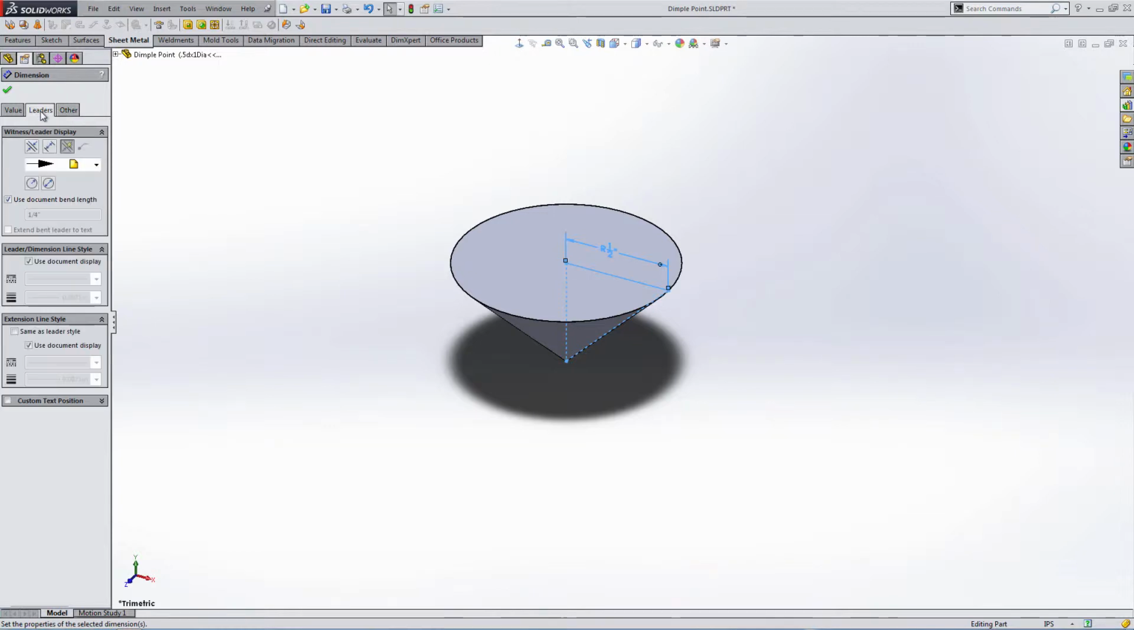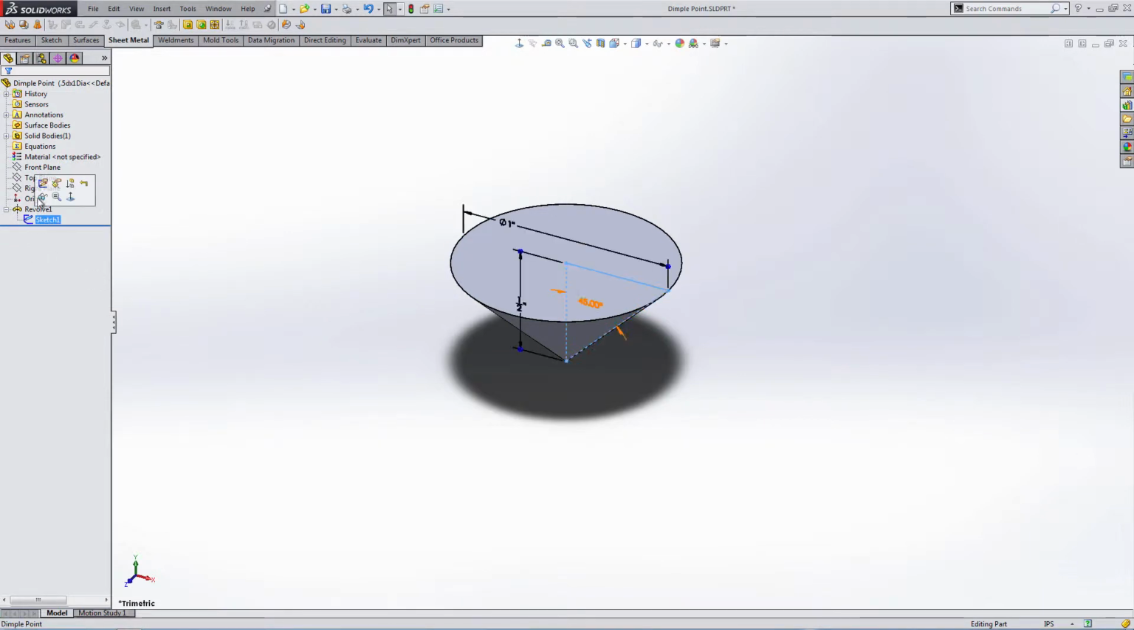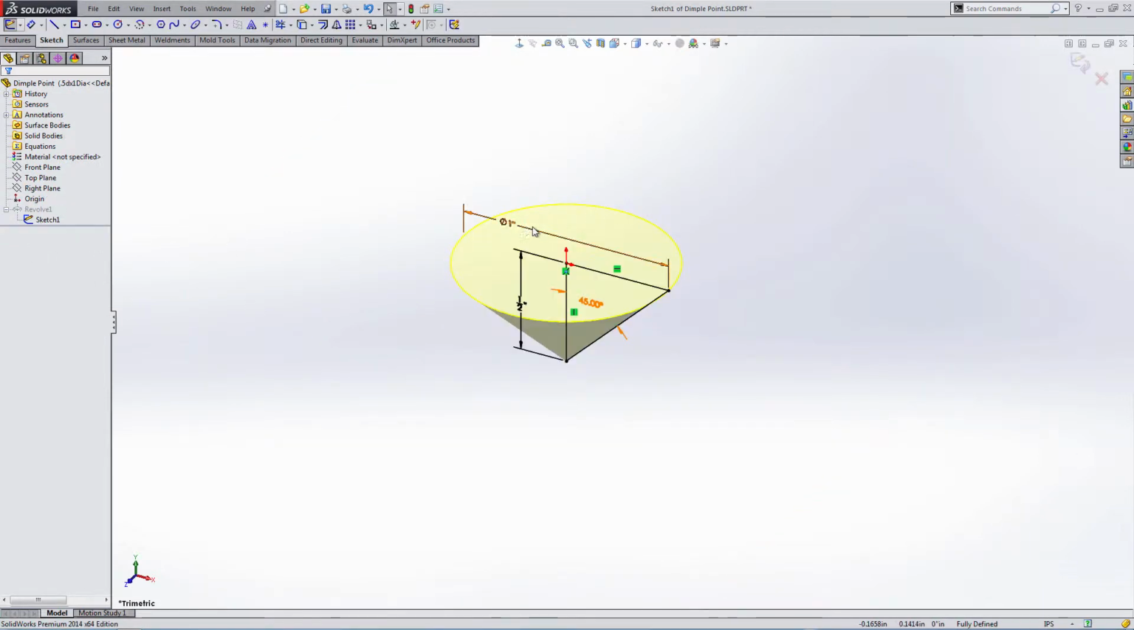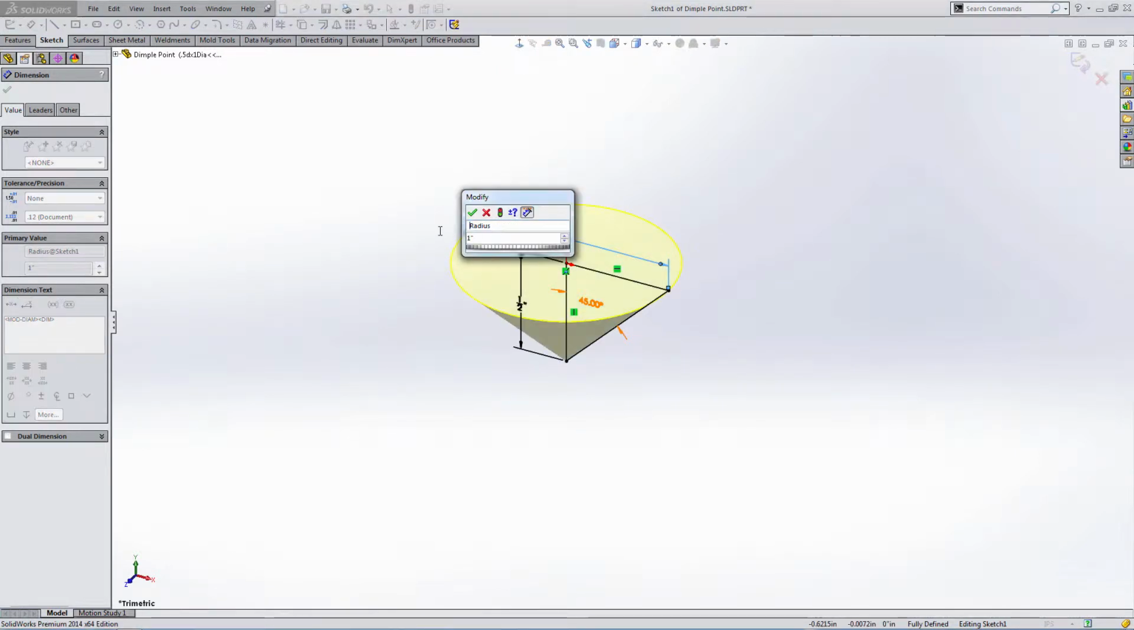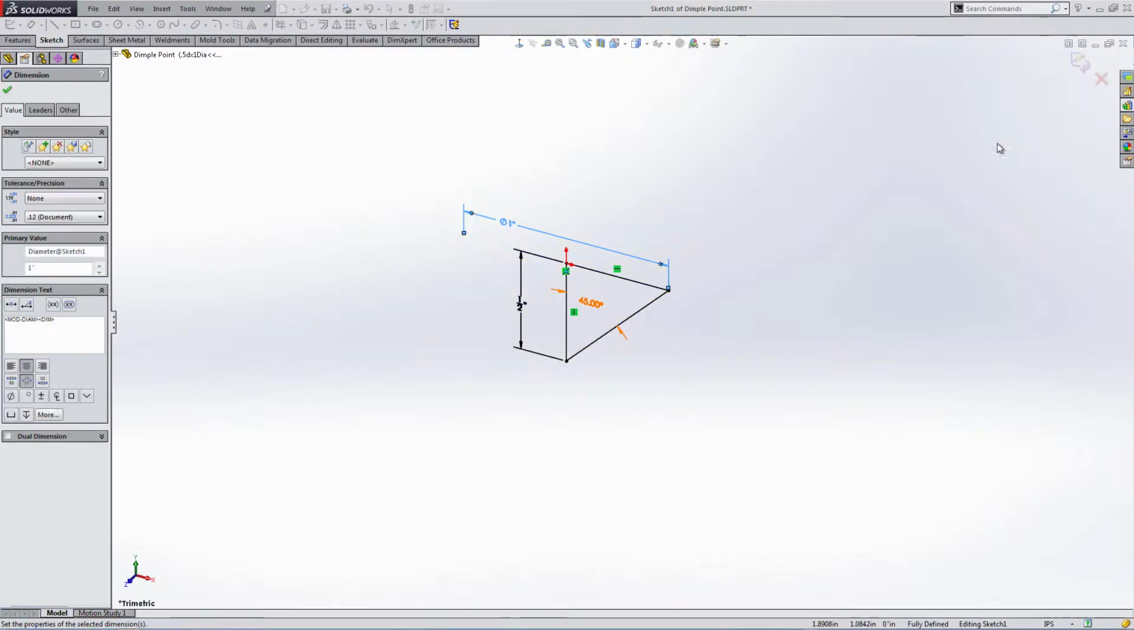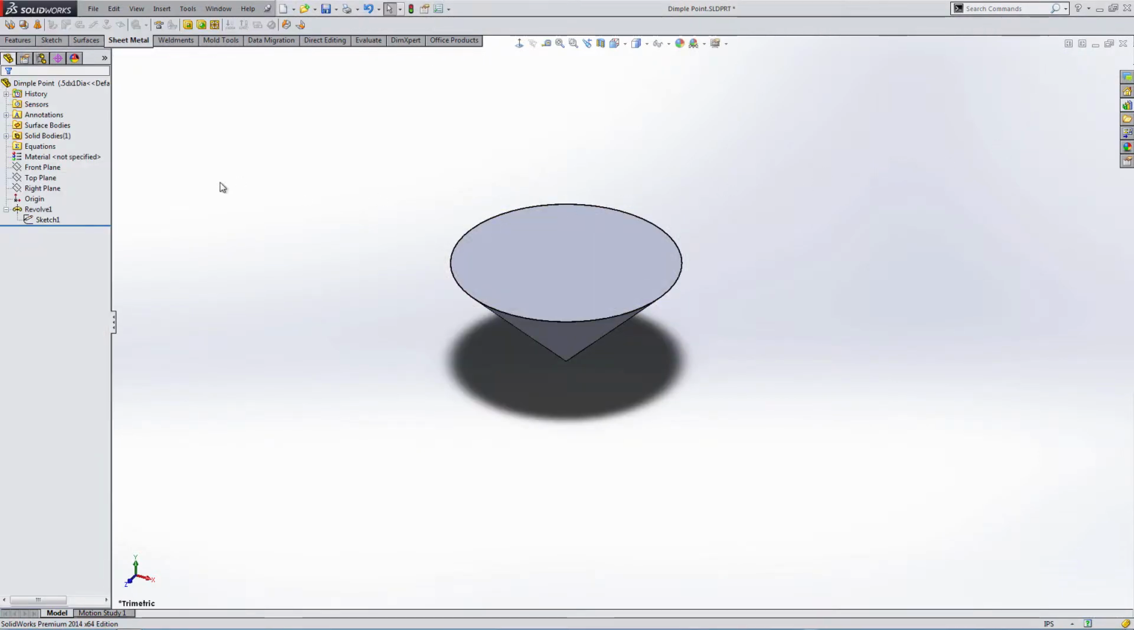I was hoping to be able to make that diameter. There we go. Okay, so now I'm going to go back in real quick and rename this. You can do it here as well, and we're going to name that diameter. And then we're going to go in here and add